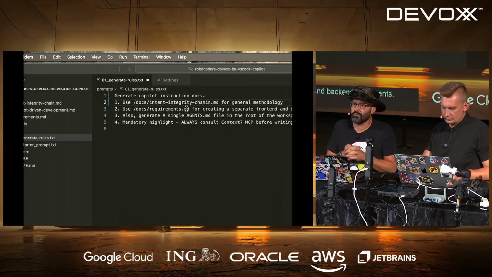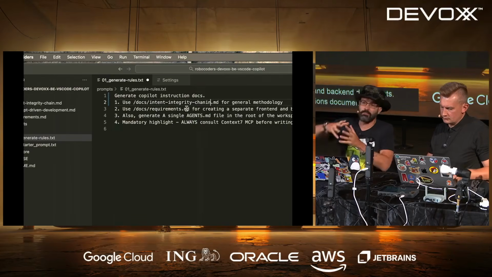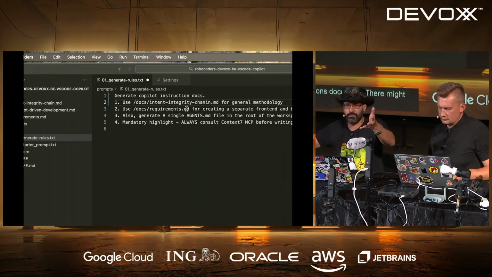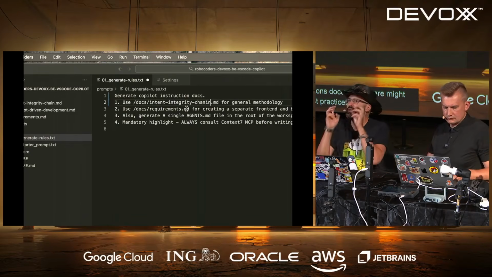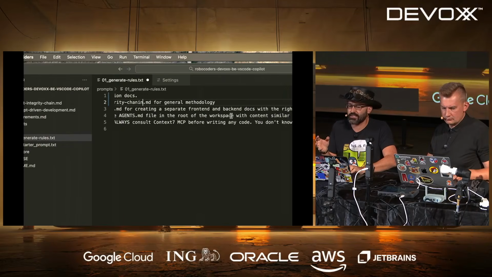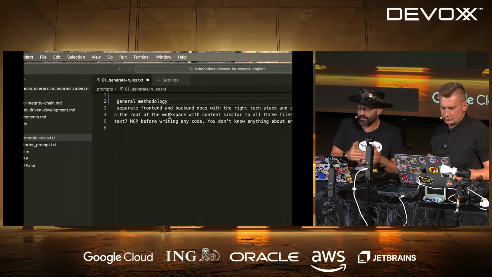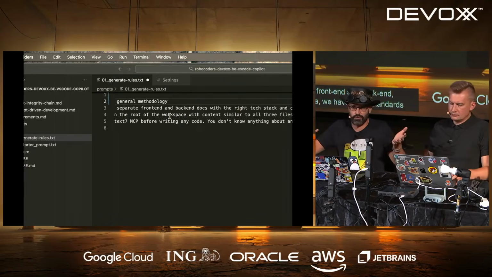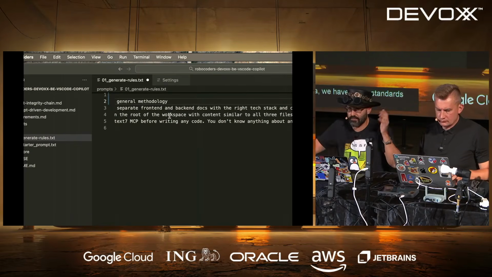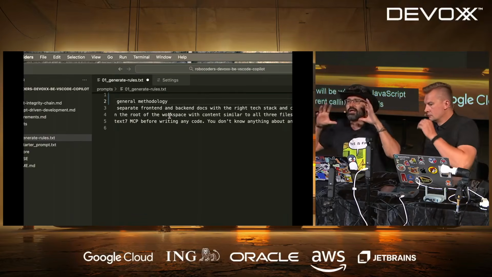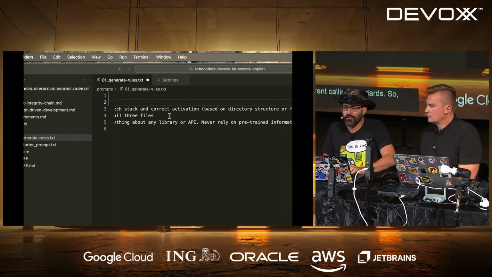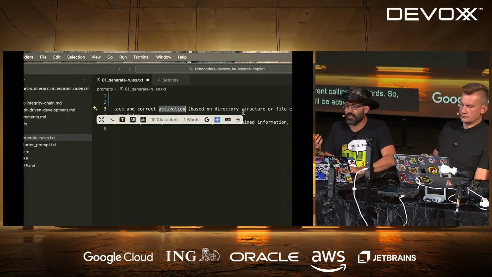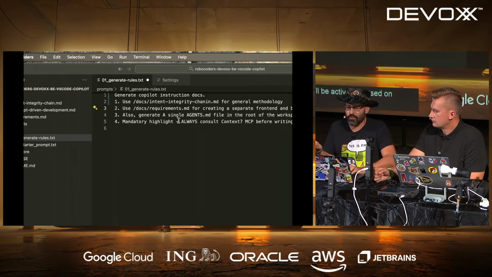Modern IDEs can have more than one instructions document. There might be a main one that describes your general best practices, but you also might have separate files. For example, I ask it to do separate docs for front-end and back-end. Because we are going to have the back-end in Java, we have some standards of how to do Java development, and the front-end will be whatever JavaScript framework it will select. It has completely different coding standards. So we can have different instructions, and they will be activated based on directory structure or file extensions, right?